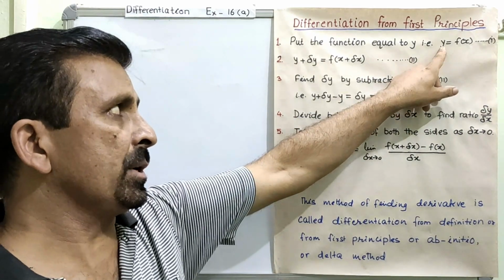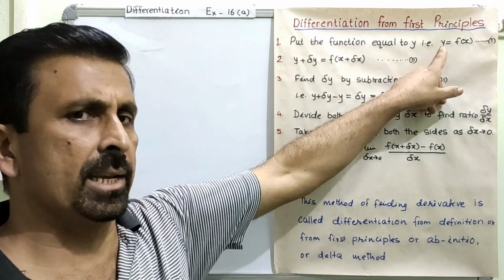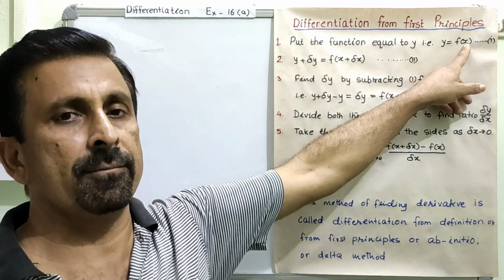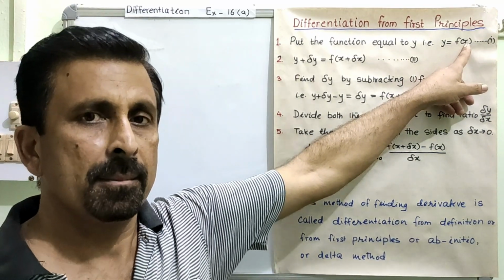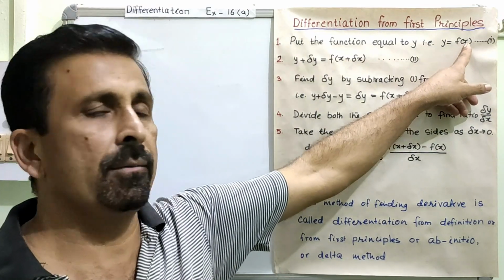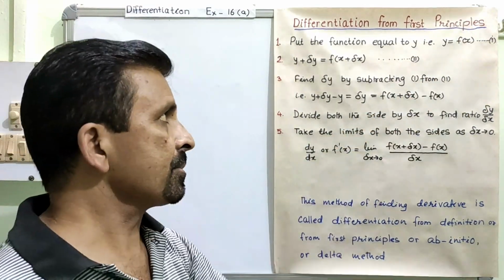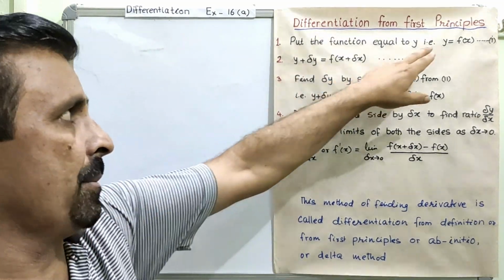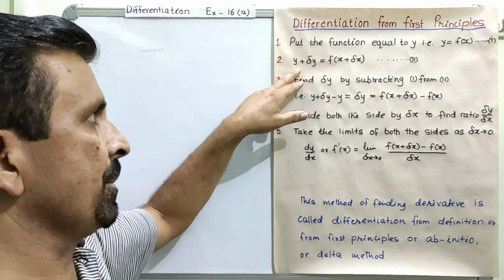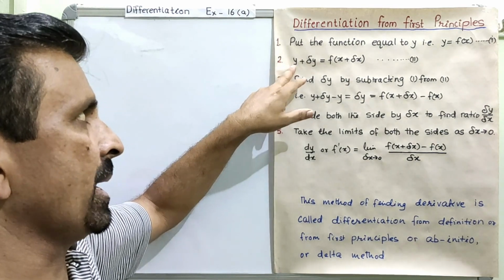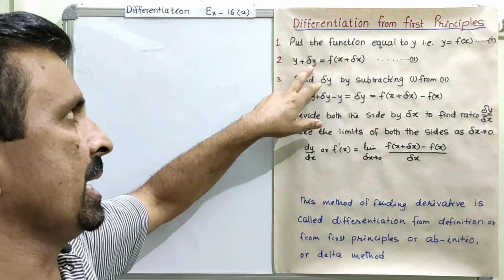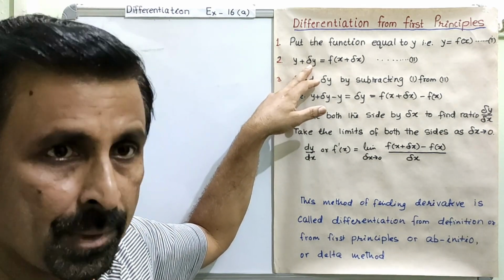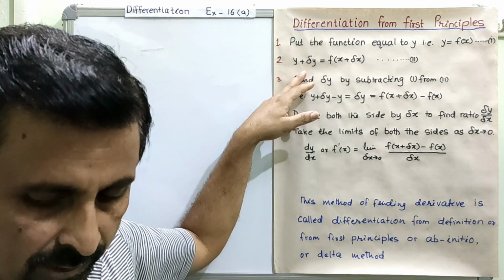So we have to increase the value of this y by a very small quantity. We will call it as delta y, and also at the same time we will increase the value of x by a very small quantity, and we will call it as delta x. So we will get a new function, and that new function will be from this equation number 1. We will be getting, because now we are increasing the value of y by a small quantity, this is called as delta y. This is delta y. Am I very clear?